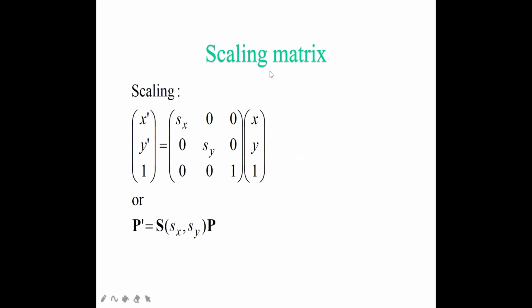Next, here you can see the scaling matrix. In the scaling matrix, similarly, the homogeneous coordinate value will be equal to 1. The x coordinate row will be sx, 0, 0, then the y coordinate row will be 0, sy, 0, and the homogeneous row will be 0, 0, 1. And you multiply this scaling matrix with your initial point, that is x, y, 1. Remember, always write in the matrix form and also in the sentence form. If you don't write in both forms, you will lose your marks.